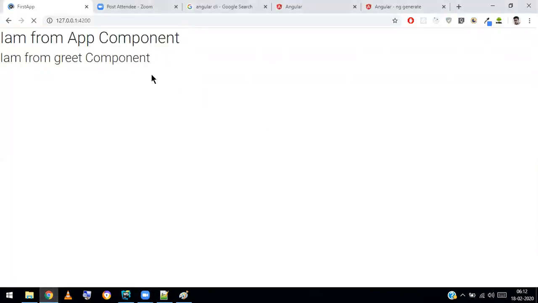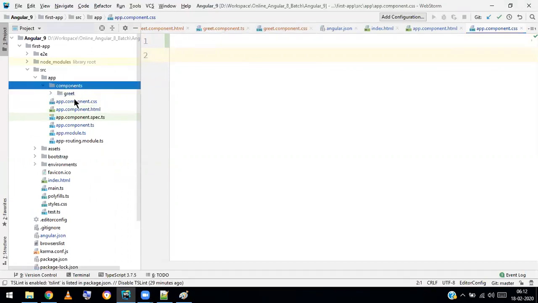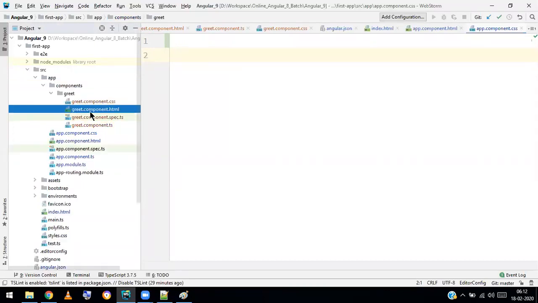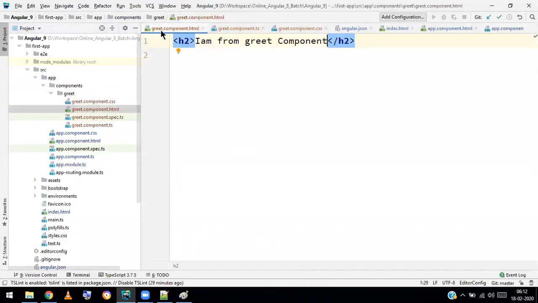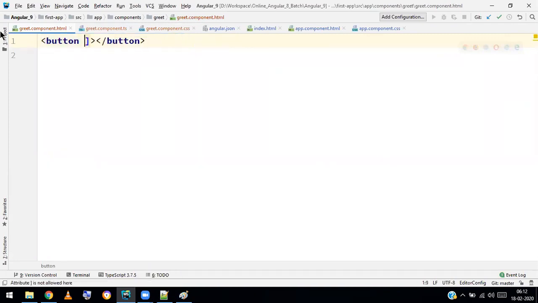If you want to know whether it's really Bootstrap or not, you can do one thing. Go to the grid component.html. I can start using normal Bootstrap styles. I'll just take a button with the class, not this class.